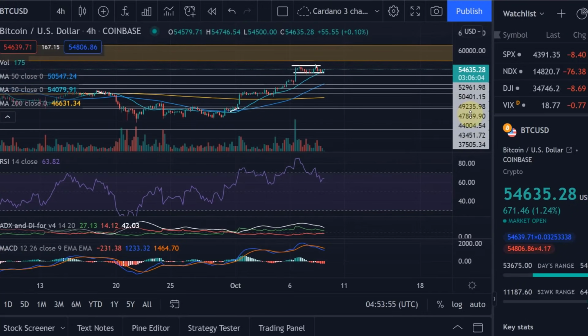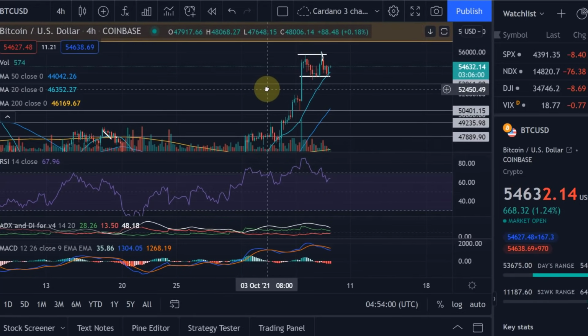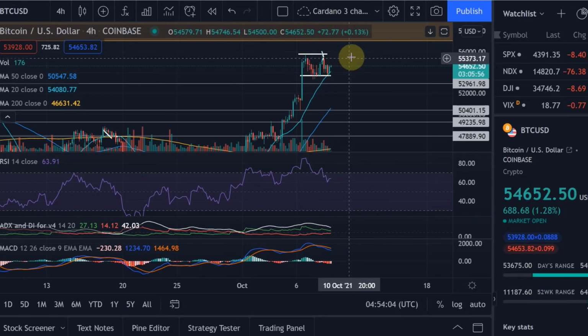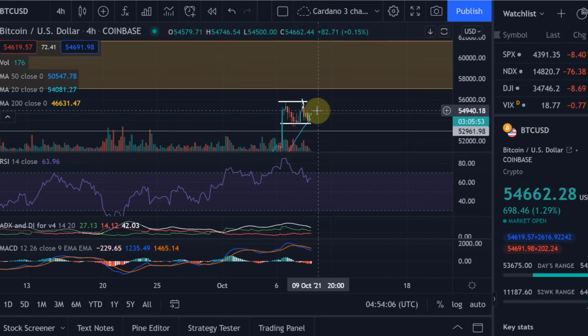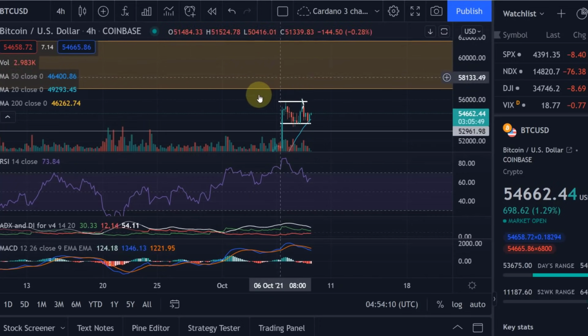Let's take a look on the 4-hour chart. We continue to move in this channel here. I said yesterday, for me that looks a bit like a triangle pattern where you move up. It's a trend continuation pattern, that triangle pattern, and typically I would expect that to move to the upside. I think at that point then we come into this